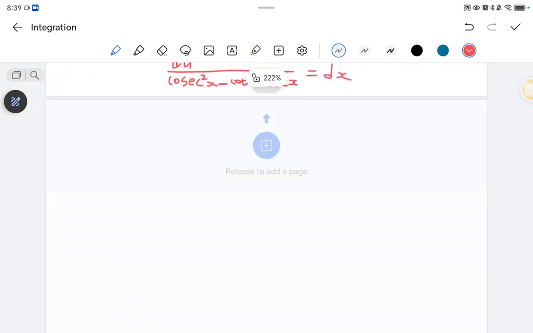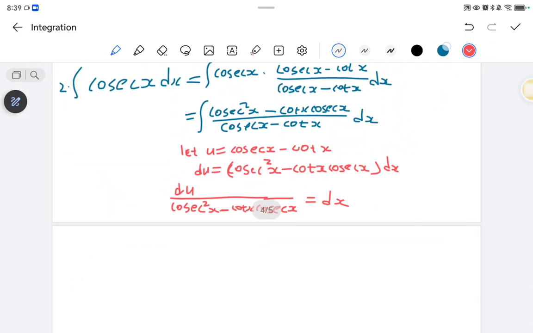And then I go back to substitute. This will be equal to the integral of cosec x